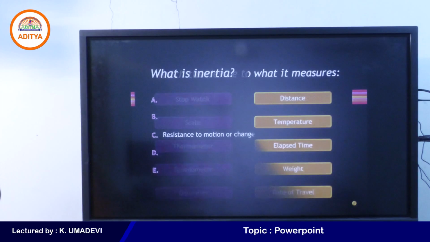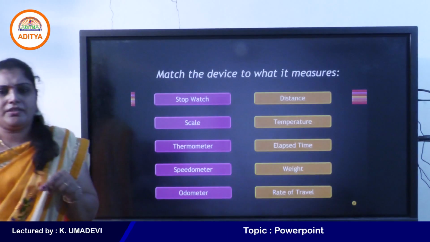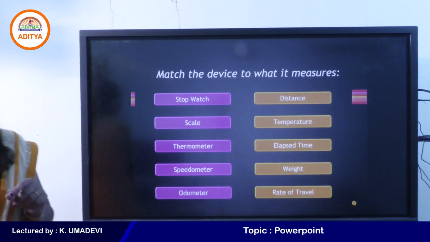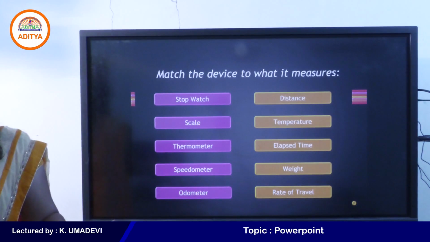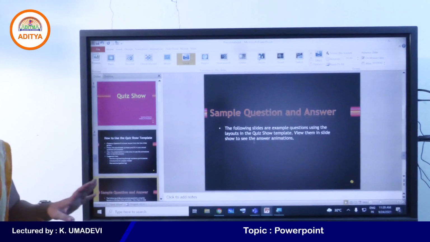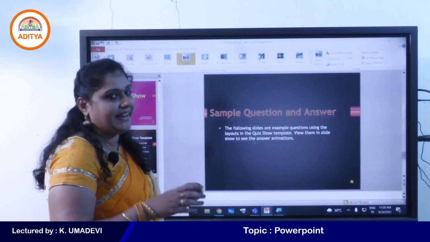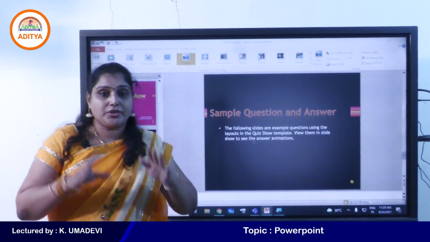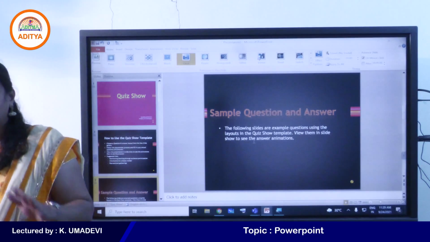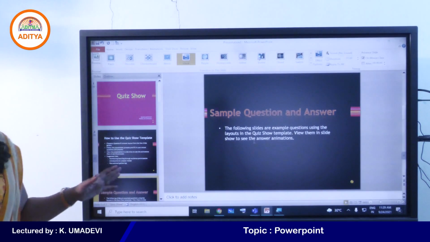Okay, students, when you want to move from one slide to another slide, we can use arrow keys or mouse click, right? For example, if you want to run your slideshow automatically without using the cursor key, that means without using the keyboard and mouse, simply you can use timings.